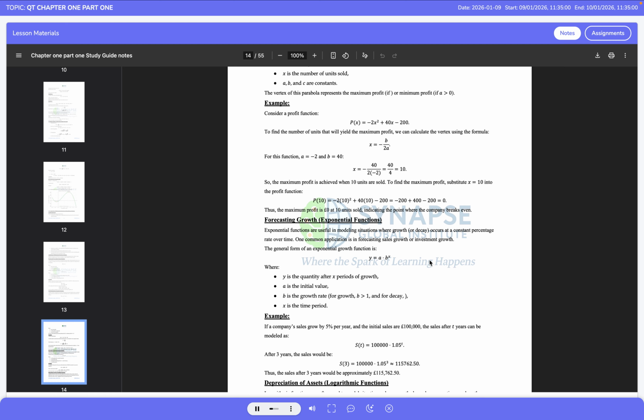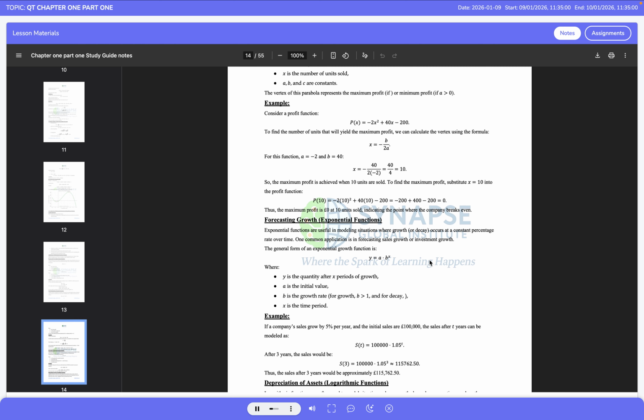Next, we examine forecasting growth using exponential functions. Exponential functions are particularly useful when growth or decay occurs at a constant percentage rate over time. The general form of an exponential growth function is y = a × b^x, where y is the quantity after x periods of growth, a is the initial value, b is the growth rate, and x represents time. When b is greater than 1, the function models growth, and when b lies between 0 and 1, it models